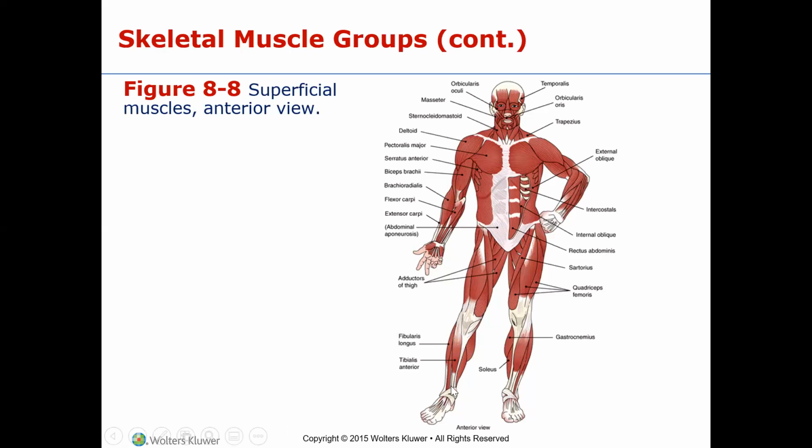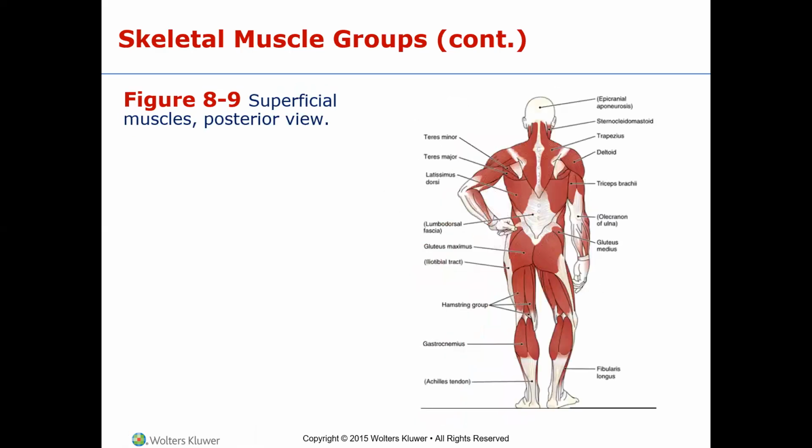Okay, so you have a total of 17 on the anterior diagram that you will need to identify for the exam. And then for the posterior, you will need to know 13. And those are the